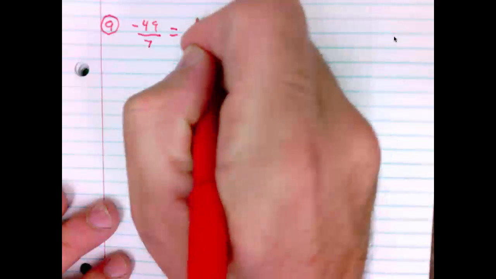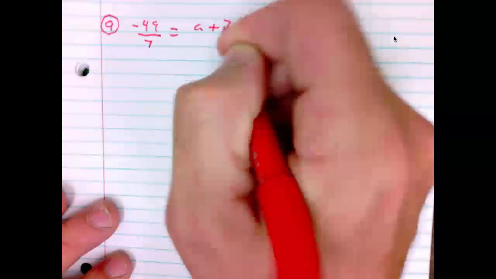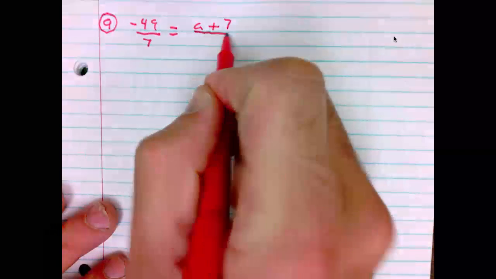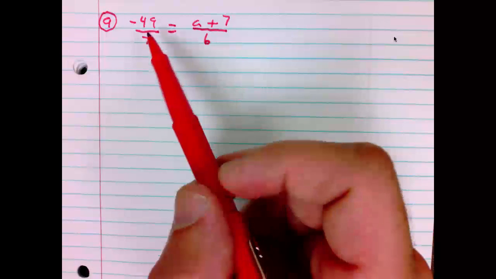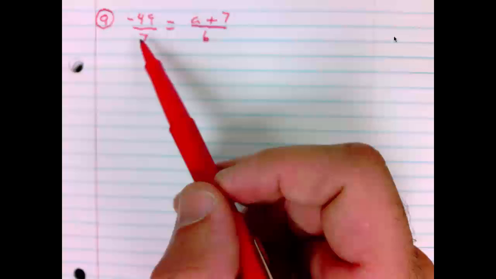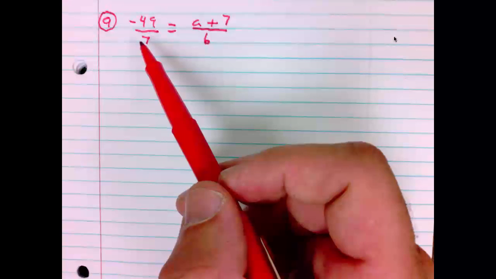Number 9 says negative 49 divided by 7 is equal to a plus 7 over 6. If you can do some reducing early in the problem, it's usually wise to. In this case, negative 49 divided by 7 is negative 7. This would probably make our problem a little easier to deal with, but we're going to go ahead and go